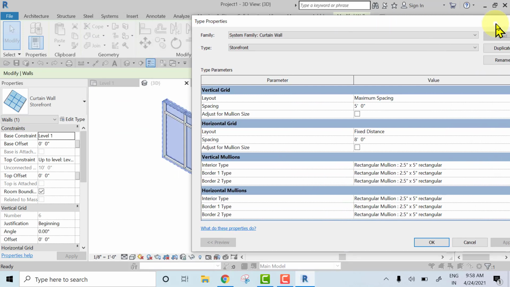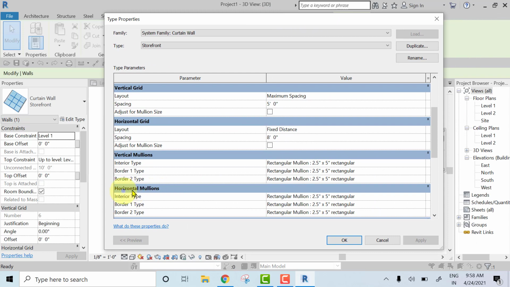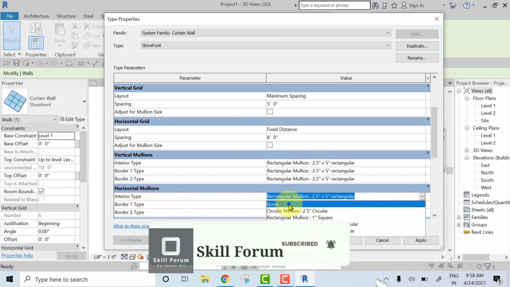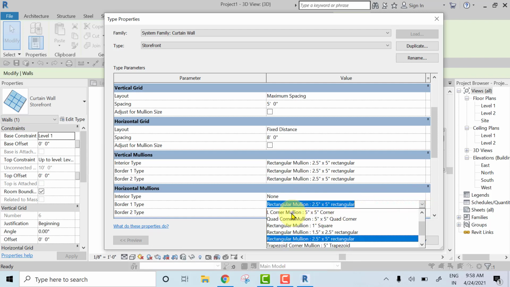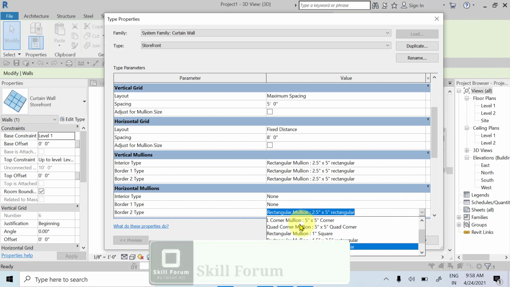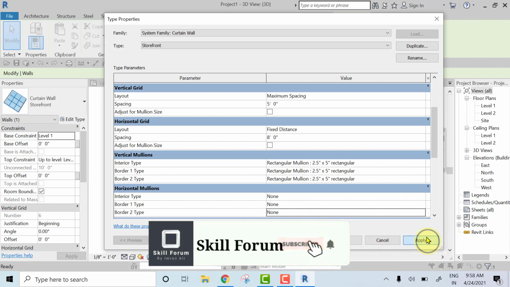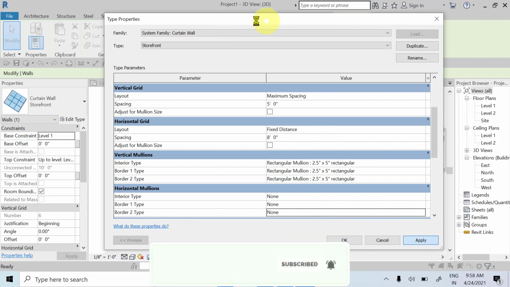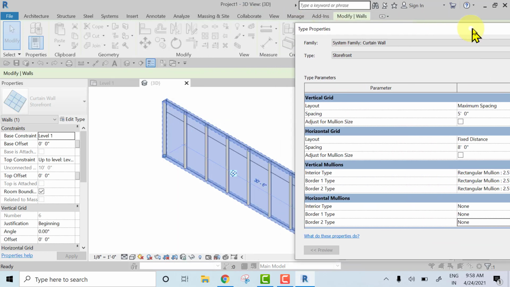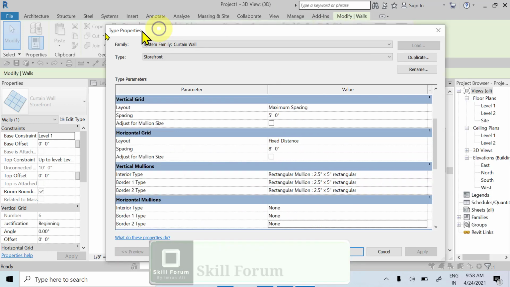I am going to create a vertical wooden log wall, so you need to switch off the horizontal mullions. I will switch off all the mullions, give Apply, and you will get only vertical mullions here. You click on Delete Mullions, and all the horizontal mullions have been deleted.